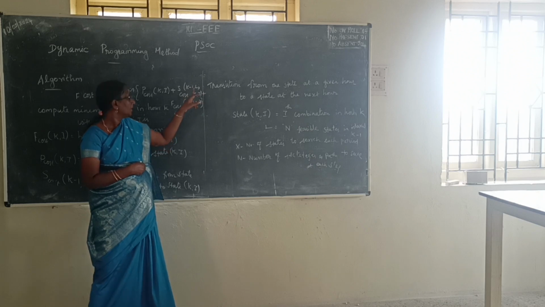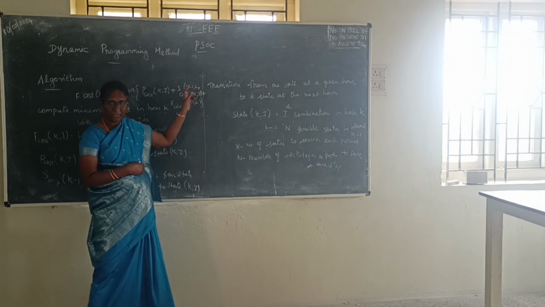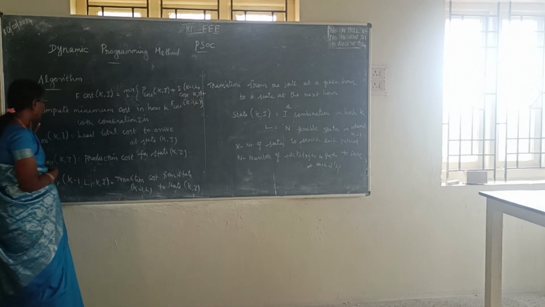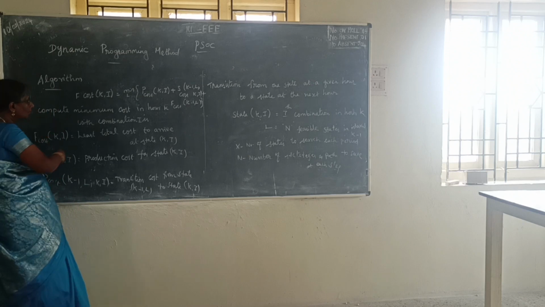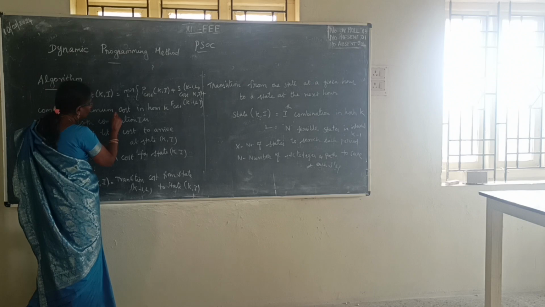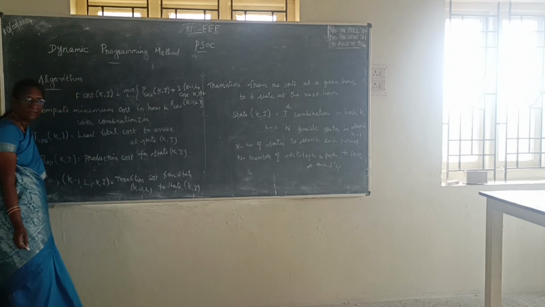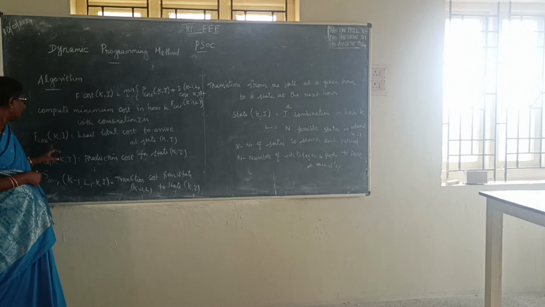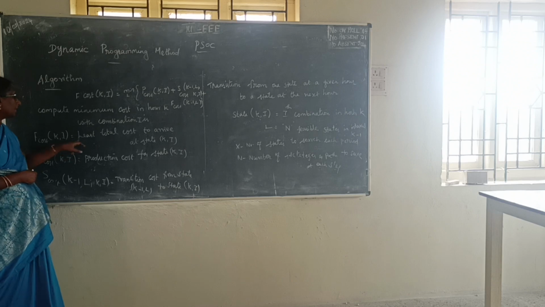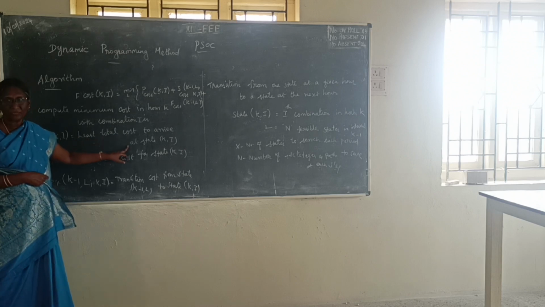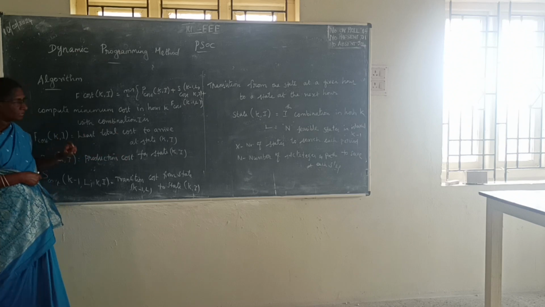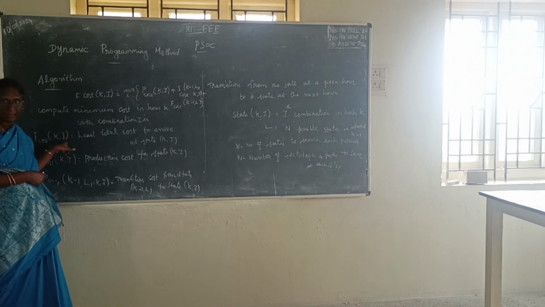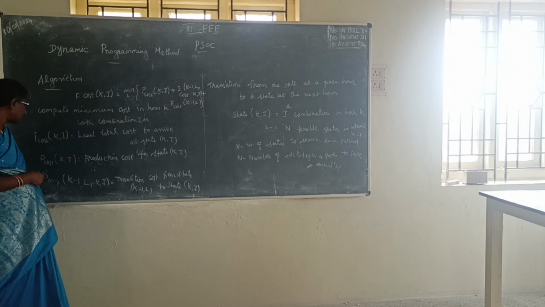represents transition cost, from the previous to the current state, plus the fuel cost of the previous case. So by using this formula we are going to find out the minimum cost for hour K. K represents hour, I represents number of units. The F cost of K comma I is the least total cost to arrive at the state K comma I. That is the meaning. Then P cost is production cost and S cost is transition cost.